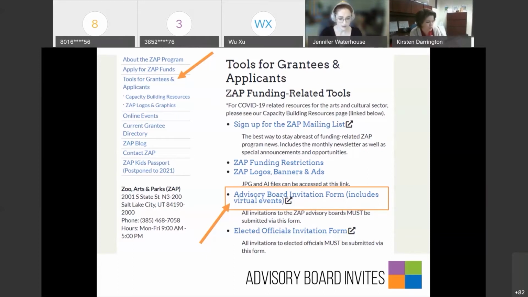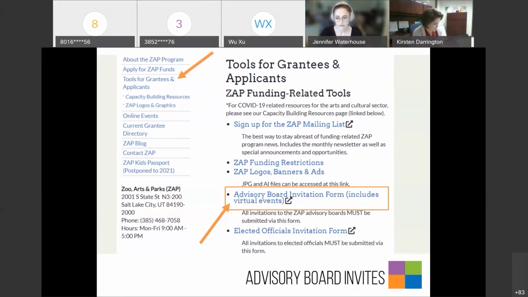We're asking that you please do not drop off physical invitations or tickets. We will be providing all these invitations electronically. And the ZAP program does not expect you to invite the ZAP Tier 2 board to your fundraising events. We understand that everyone should pay to attend fundraising events, so feel free to just invite them to your regularly